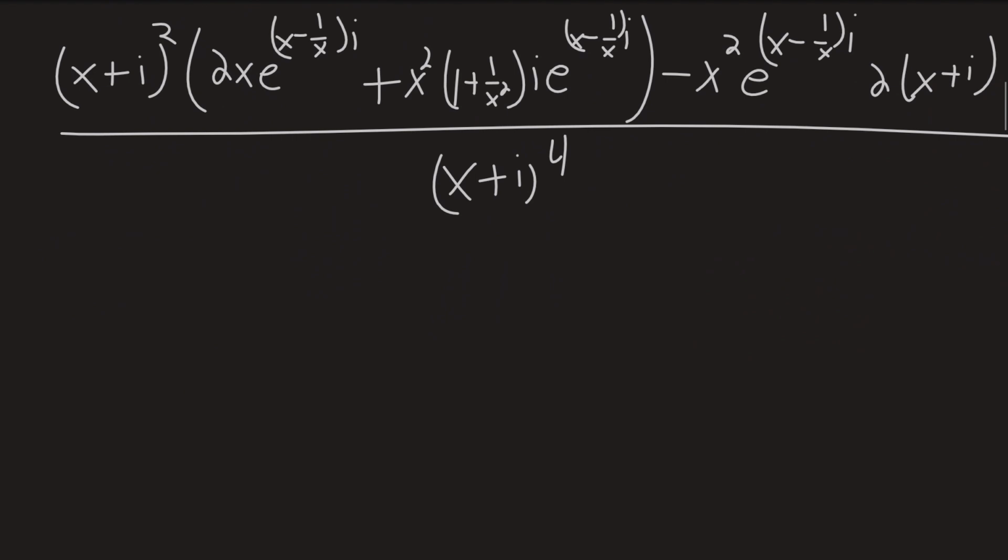So we can plug that in everywhere where we see an x minus 1 over x. So, I'm just going to go left to right, start plugging stuff in. We have 2i squared, meaning we just have a negative 4 here, times our 2i, and then e to the minus 2, and that just comes from the fact that we have a 2i times an i, plus,